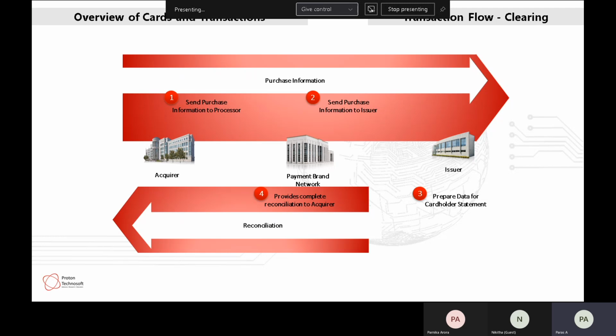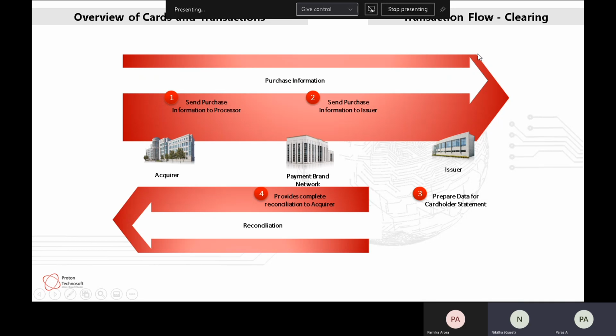Visa will say, yes, I agree. HDFC has sent me 100 rupees and I have forwarded that 100 rupees to ICICI. I am okay with it. ICICI will say, yes, I agree. Yesterday Visa sent me a 100 rupee check and I have cleared that 100 rupee check. So all three come into a reconciliation state. That is what clearing is, and it takes place on T plus 1, one day.